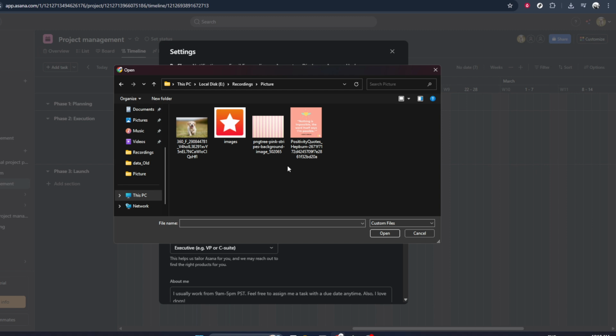For best results, choose a clear, high-quality image where your face or chosen graphic is easy to recognize, even at a small size. Select the image, then confirm your choice, usually by clicking Open or a similar button in your file dialog. Asana will upload the image and update your profile. In many cases, you'll see a quick preview and it might adjust the image into a circle. Once it's finished, your new picture and its associated color will appear in the top right corner